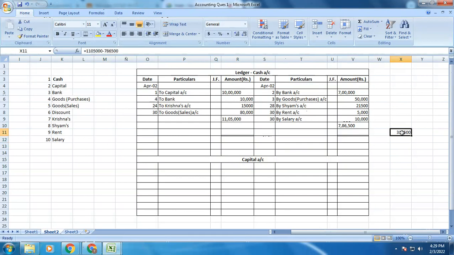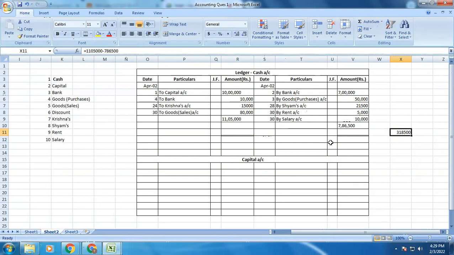So I get the answer in the cell, and when I click on the cell, in the formula bar at the top I can see the values written. What have I calculated? Okay, so 3,18,500 is the difference in the two sides. The left hand side is more and the right hand side is less by